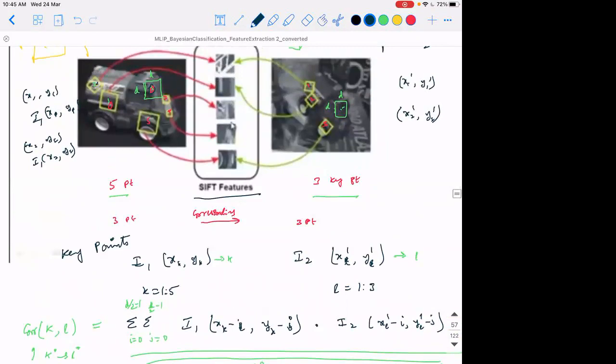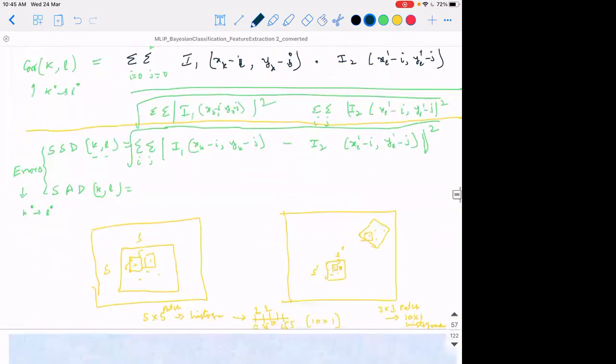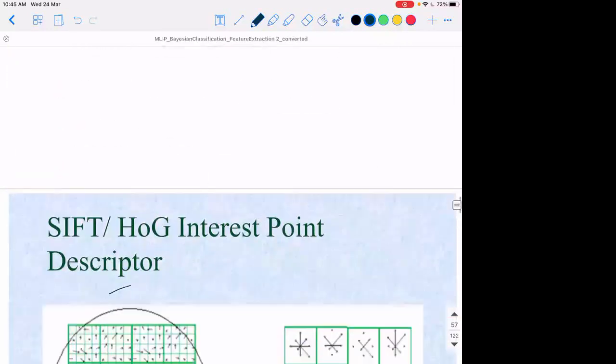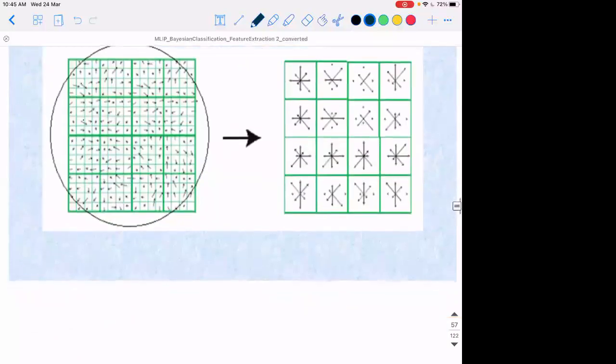These kinds of methods are referred to as feature-based methods, wherein we are establishing either correspondence or recognition using only feature points. The other methods are referred to as global methods, wherein we are trying to find a global feature vector and trying to match them.